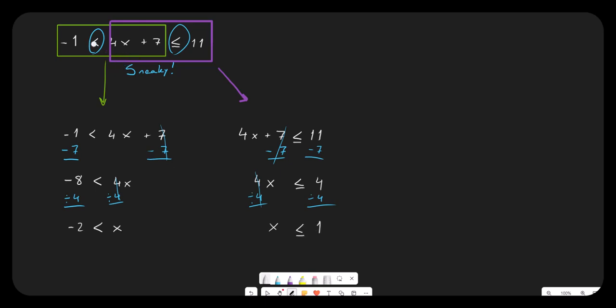What I had before with these two inequalities, this is an AND type of problem, right? I had two conditions that I had to meet. 4x plus 7 had to be greater than -1, and it had to be less than or equal to 11, so I had to be between two things. So now I've got that x has to be greater than -2, and it's got to be less than or equal to 1. So if I draw my number line,